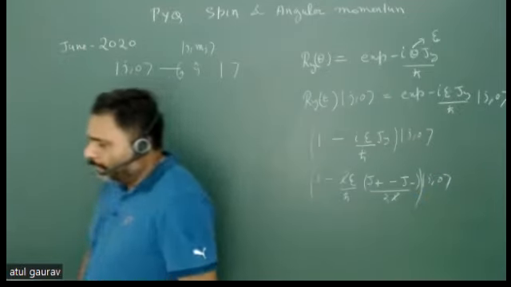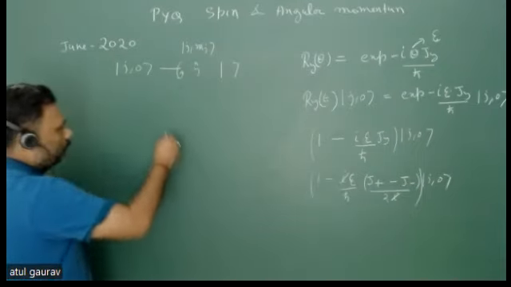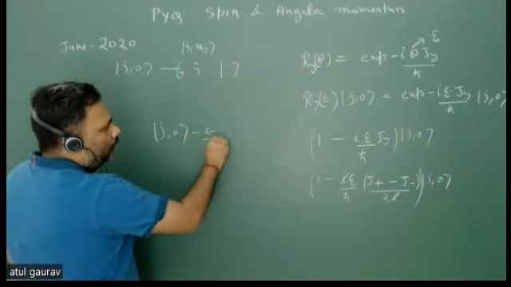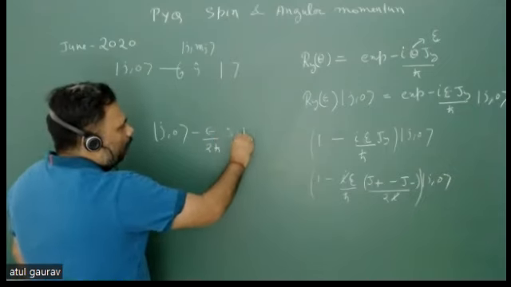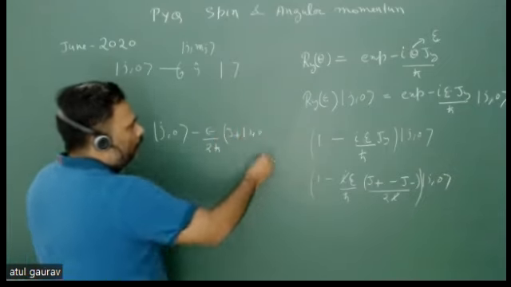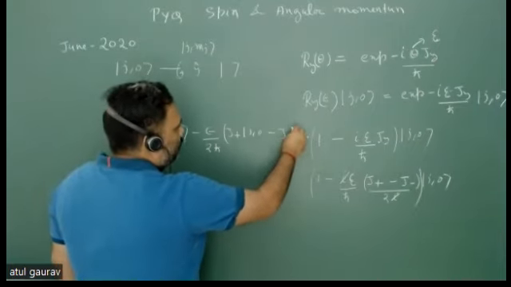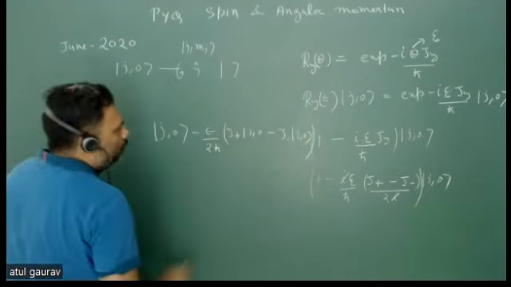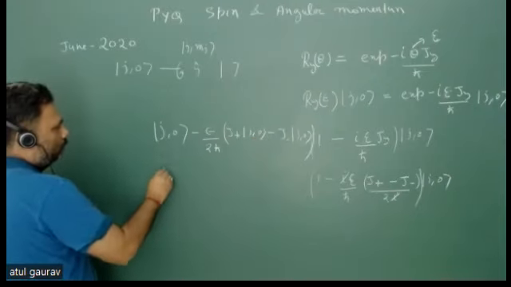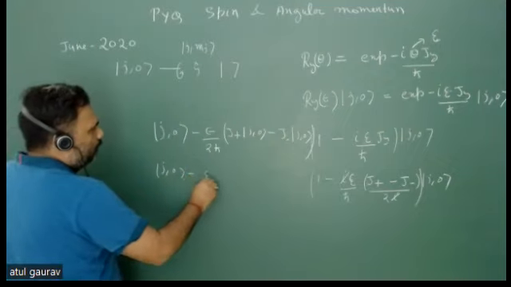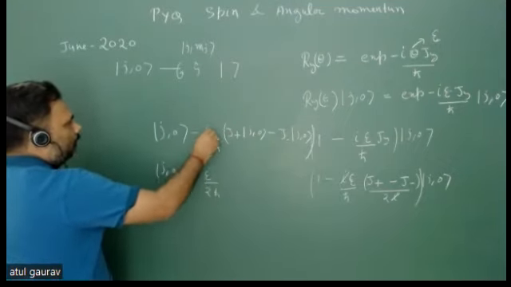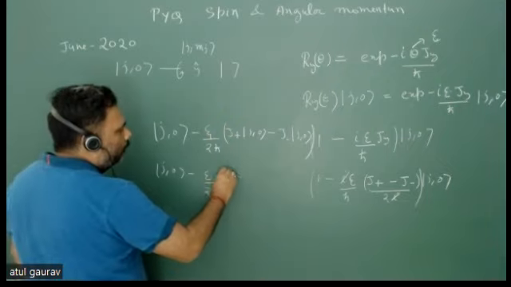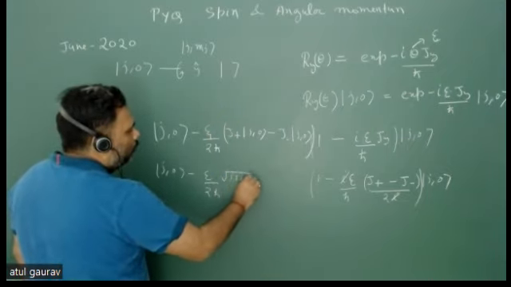What we will get? This is the identity matrix, so that will give you |j,0⟩. First one will remain the same, and the second one is ε upon 2ħ (J₊|j,0⟩ minus J₋|j,0⟩), isn't it? So we have to just calculate what J₊|j,0⟩ will be. What is this value? I can write ε by 2ħ like this. J₊ will operate on this |j,0⟩. What you will get? You will get root of j(j+1) ħ